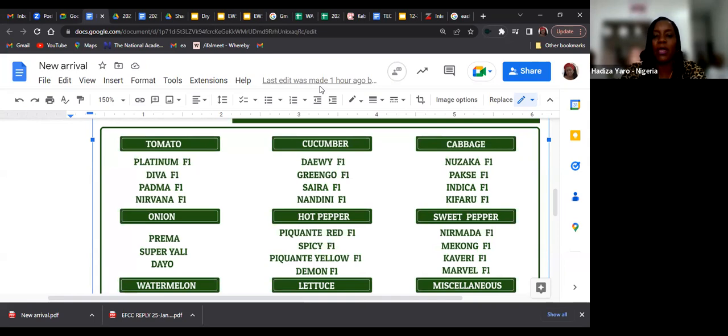Then on the hot pepper, we have the piquante red, piquante yellow. We have the spicy F1. These are typical of the habanero types. I can tell you it's really, really spicy and aromatic. Then if you're in love with pepper,